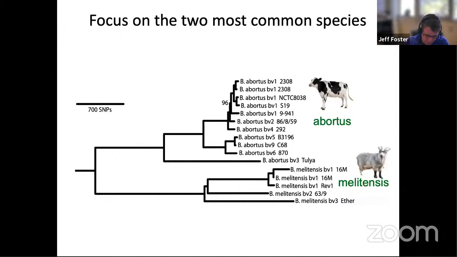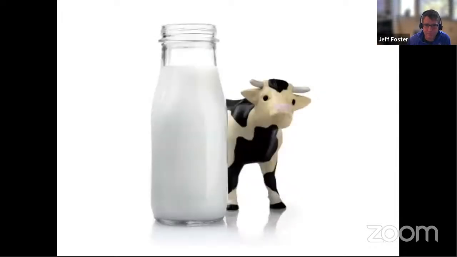So let's focus on two of the most common species. These are ones that are common in Brazil, common throughout Central and South America, common in fact throughout the world, as we're about to see: Brucella abortus, primarily in cattle, and Brucella melitensis, primarily in goats and sheep. And so this is a story about domestication, right? We've spread our livestock globally. Part of this is connected to using milk and dairy products as a primary source of protein. We realize that if we domesticate these animals and use their milk, they'll continue to provide for us. And so as part of that,